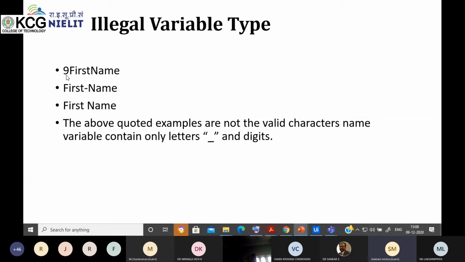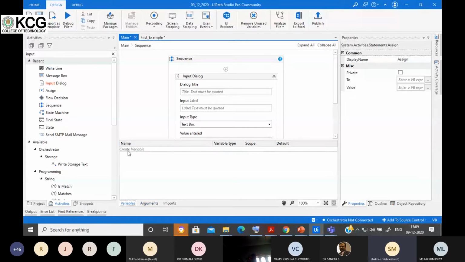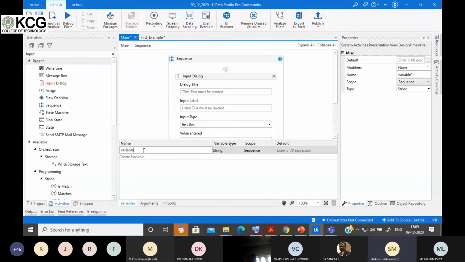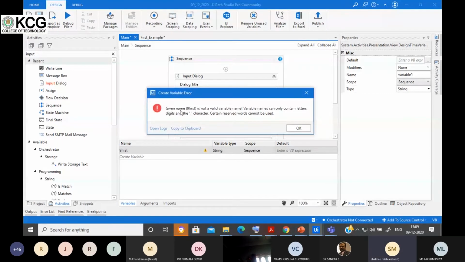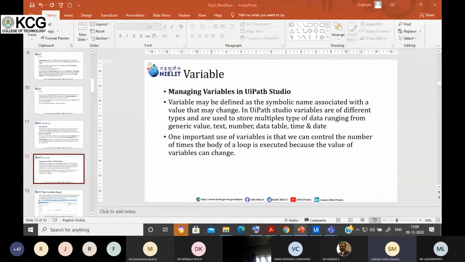If you create any variable with a number, you will get an error. Suppose I create one variable here starting with 9. You can see 9 is not a valid variable name. So you cannot create a variable which starts with a number.